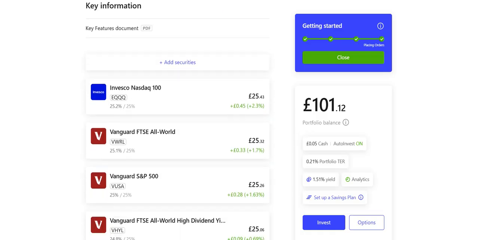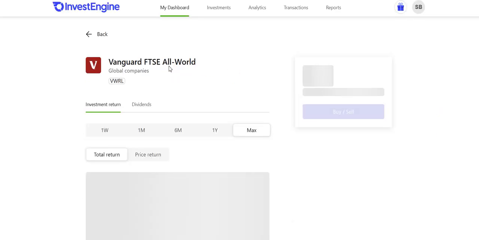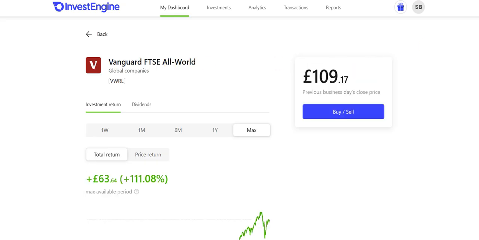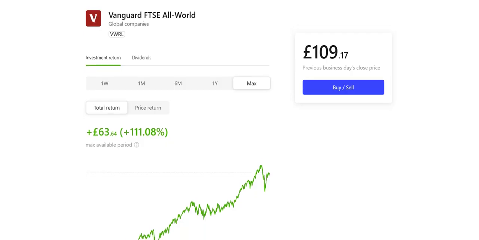Right, let's have a look at another one. Right, so this one is all world. So if you don't want to just bet on America, which is probably a bad thing because the American stocks and ETFs normally do pretty well, but if you want to diversify more by not just investing in America, even though this is probably 50% in America, we'll have a look in a minute. So that's where you go.